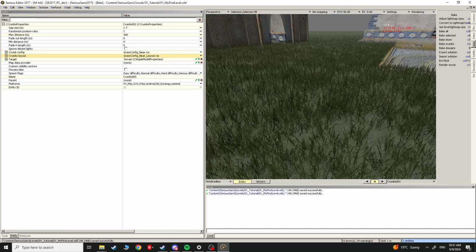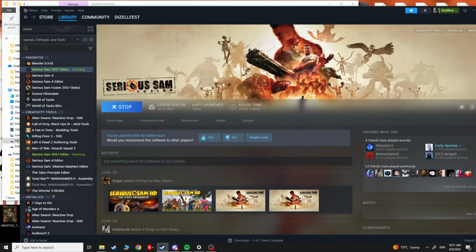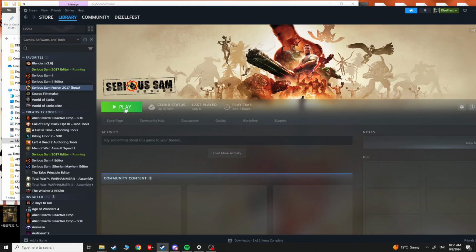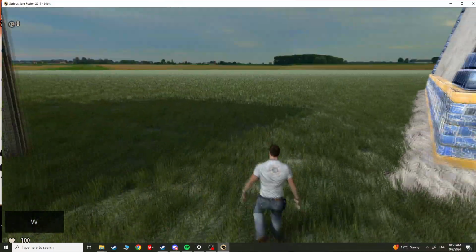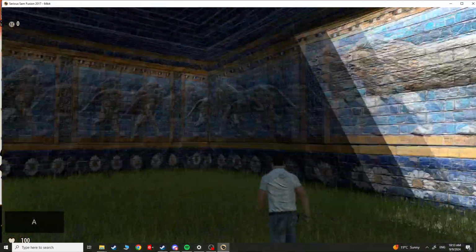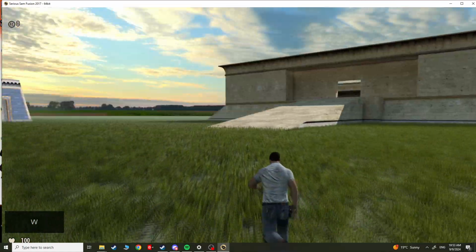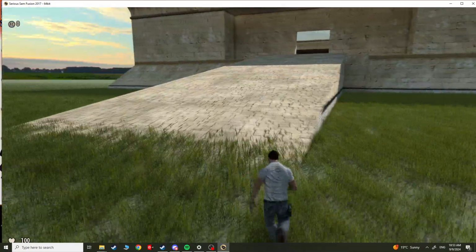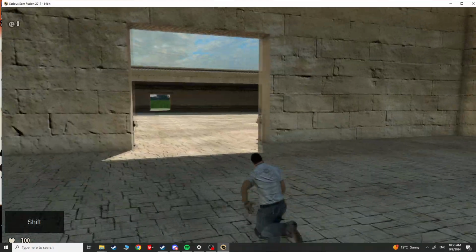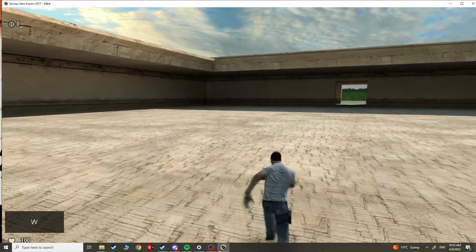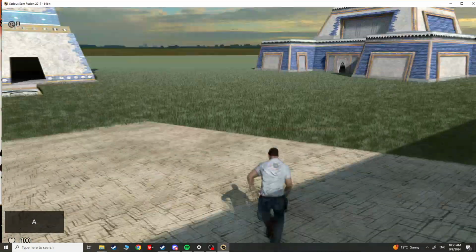Okay, so it's about the time to actually test this in game. So we're gonna close the editor and start the game itself. Play moddable, hit play. Shaders seem to be correct. This area has some depth to it. And as you see here, we have our own world. We were able to load into it, and we were able